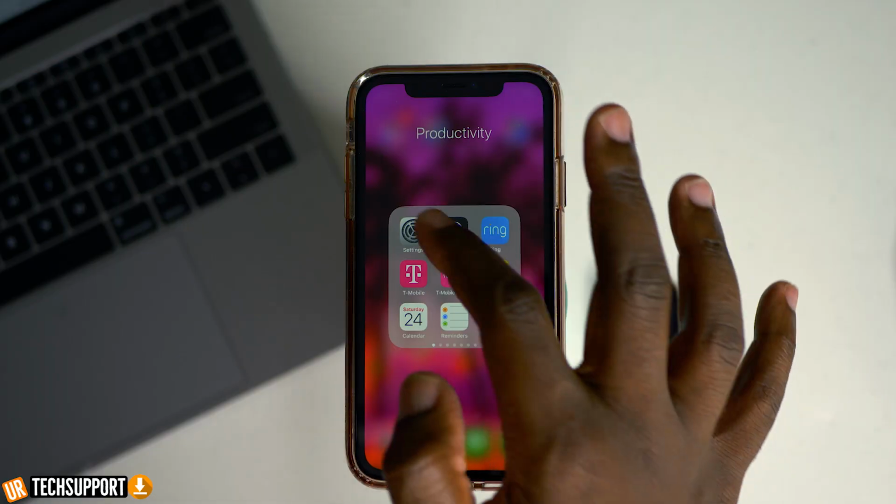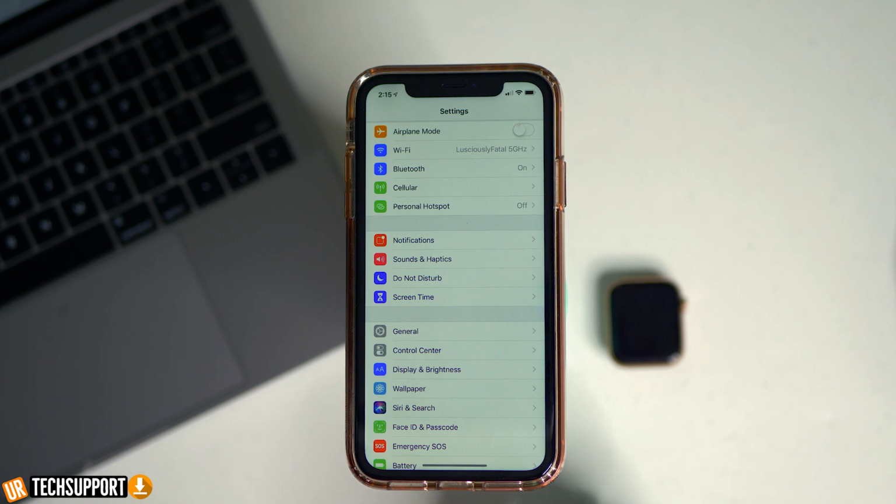So with the advance of iOS and the new iPhones, the control panel has become really cool and a really useful tool for a lot of people to get a lot of different shortcuts to apps that they may use on a daily basis. But did you know that your control panel is pretty much fully customizable? You can put different apps there that aren't there currently for you to be able to gain quick access to those apps. All you really have to do is go into your settings, go into Control Center, and go into